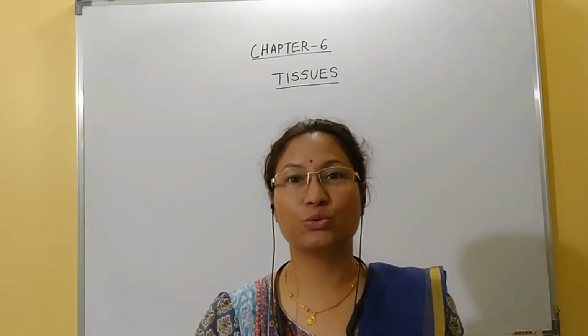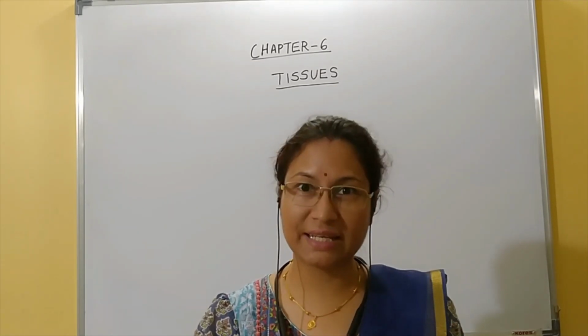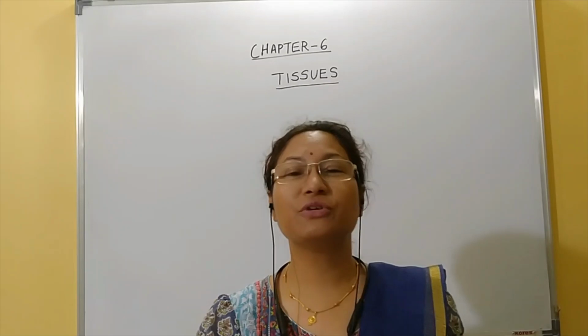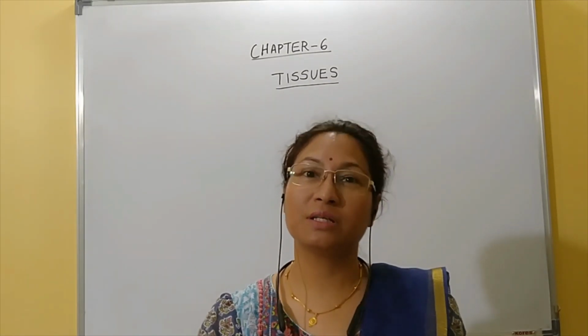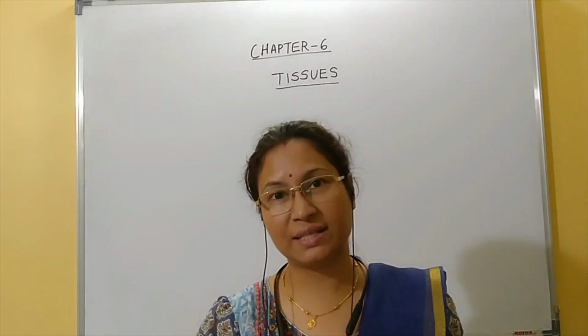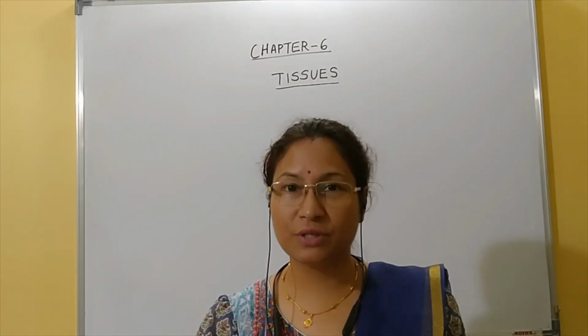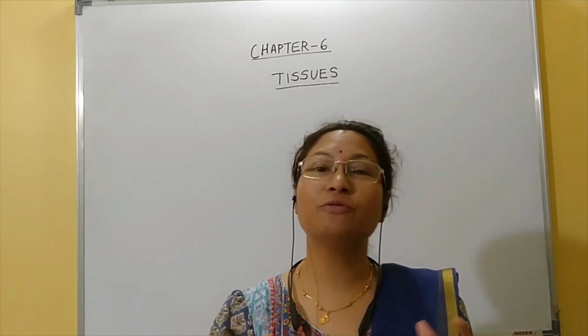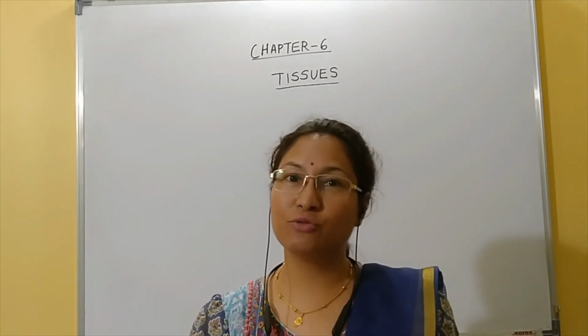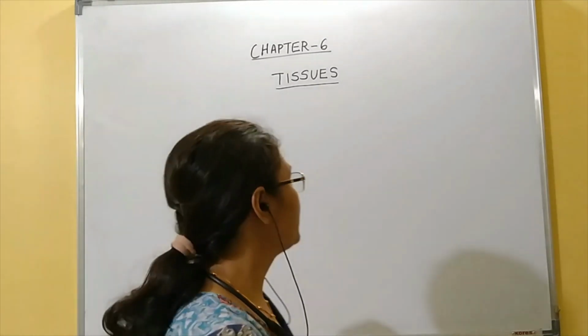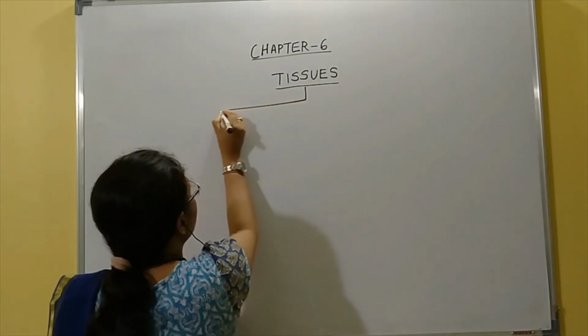Chapter 6, Tissues, of the NCERT textbook. In this chapter we are going to learn about the animal tissues as well as the plant tissues. Let us first start with a mind map which will give you an idea of what we are going to learn in this chapter. So the tissues can be divided into